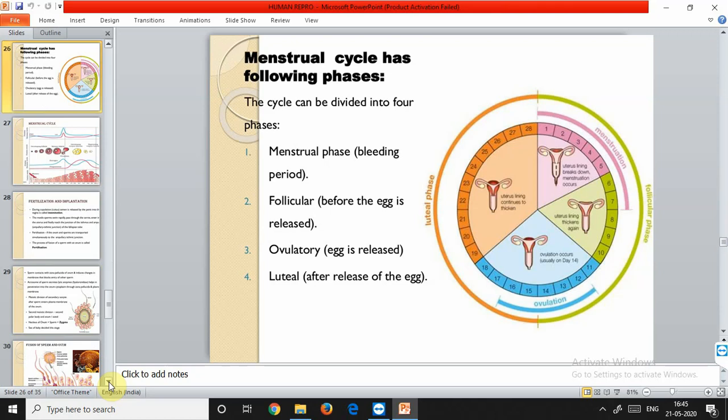Now ovulation is controlled by hormones. As I told you, in the follicular phase the amount of FSH decreases and the luteinizing hormone increases, and this ovulation process is under the control of this luteinizing hormone. The egg at that time is in the secondary oocyte stage. So at this time, in the ovulatory phase, the egg is in the secondary oocyte stage.